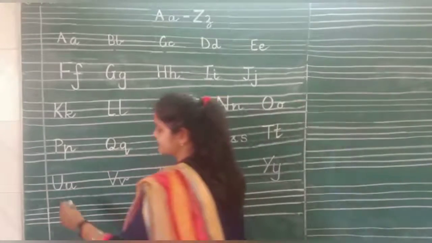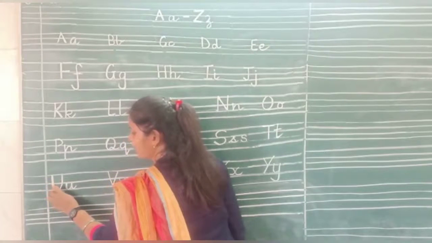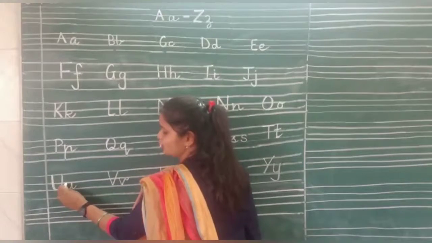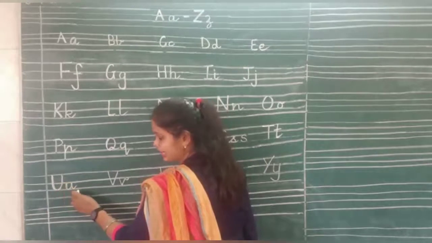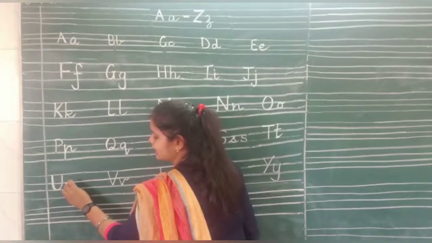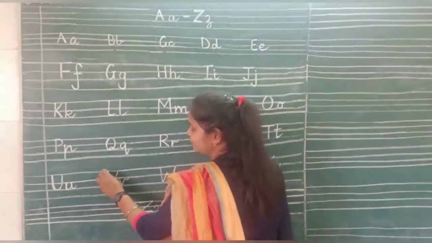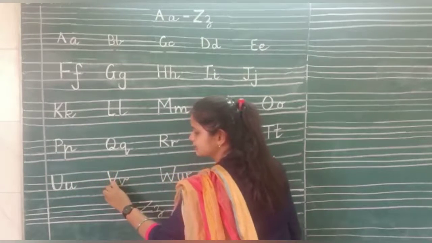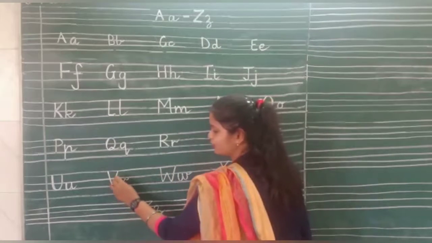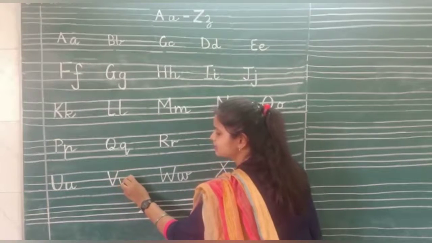Now coming to the next letter, that is U. Straight we will go downwards, round, up like this. This is U. Then small u also we will be writing between these two lines. Going downwards, curve, again up, down and a small kick. Is that clear children? Then V, starting from the first line till the third line and again going upwards. This is V, capital V, and small v in the same manner like this and a kick.